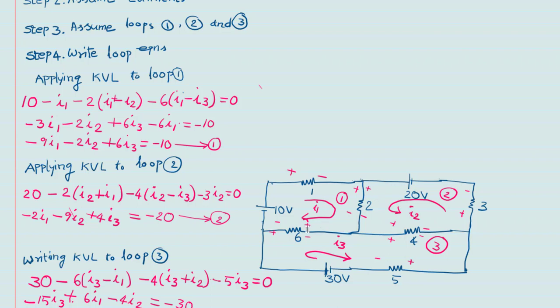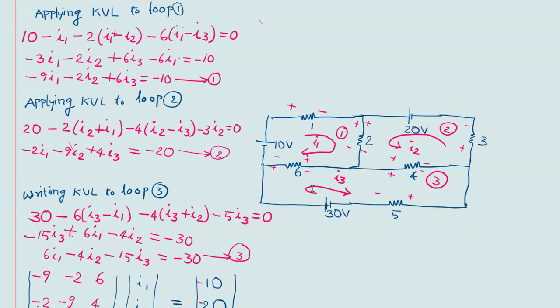Next, another element here, 6 ohms. So be careful here, this 6 ohm resistor is a common element between loop 1 and loop 3. So we have to take this properly into account. So we have to assume I1 is more than I3. And if you look at this, the I3 direction is opposite to the I1 direction. And similarly,